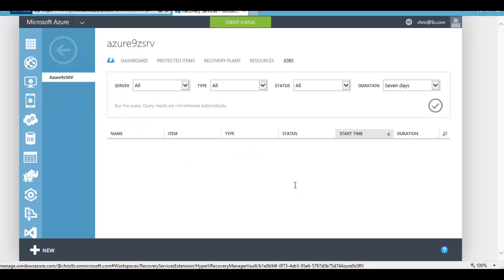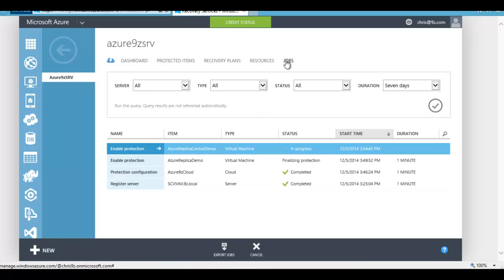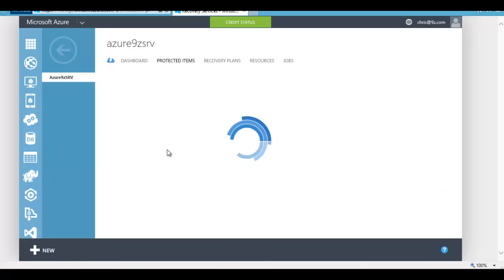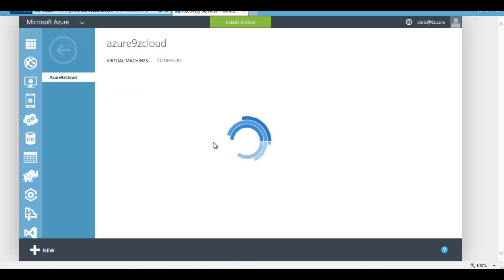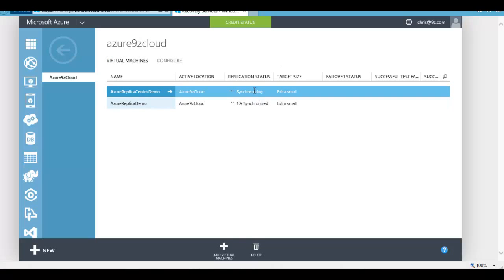We can set and watch both of the jobs in the protected items, because once the other one gets going, it'll appear in here along the other, and we should be able to see both of them. So he's synchronizing. He's already into the first percent of synchronization, so those are going to take a little while to do because there are several gigabytes that need to get